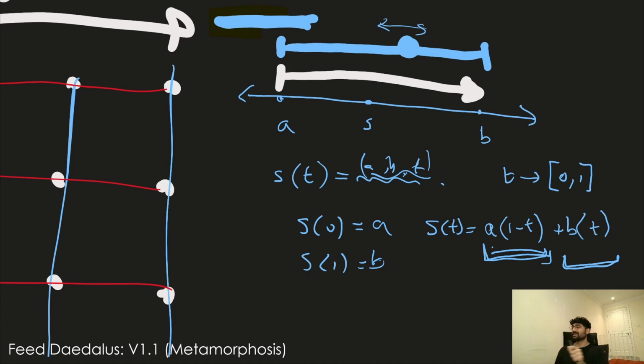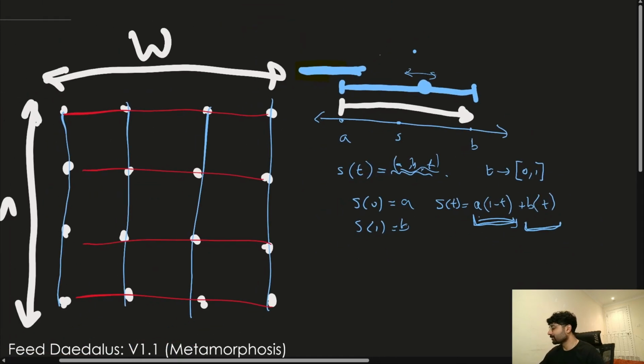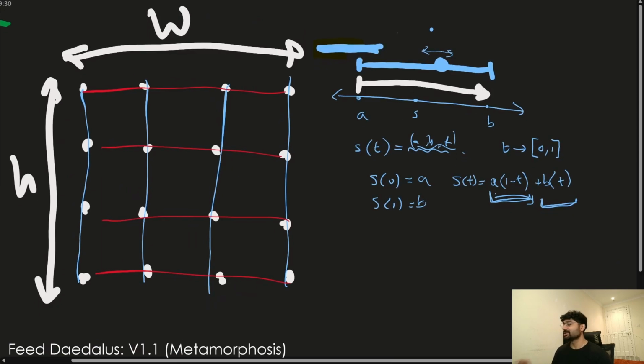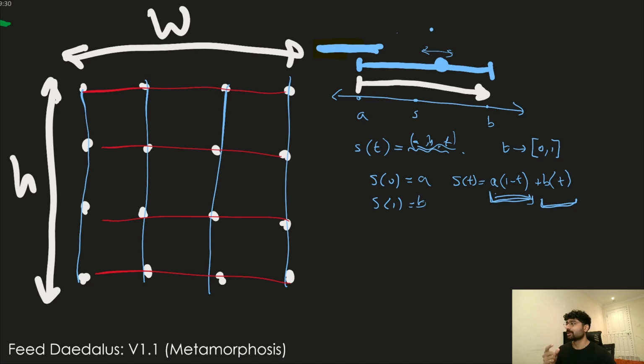You give me any T value from 0 to 1, I can tell you where we are along the line. Now that sounds like, what's the point, right? The point is, and this is where it all fits together, if we go back to our original grid, and if you remember I told you that we're going to be distorting the points by some rule, we're actually going to be distorting the points by some function. And if we can distort the point from a function, and we pair it with this linear interpolation, we could distort it by two functions, and we just distort,